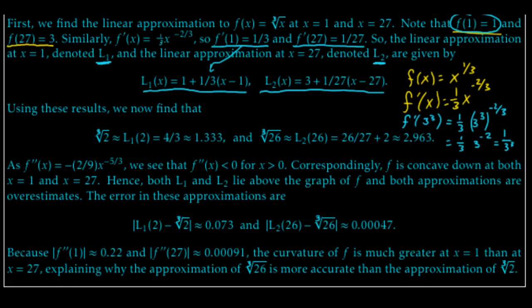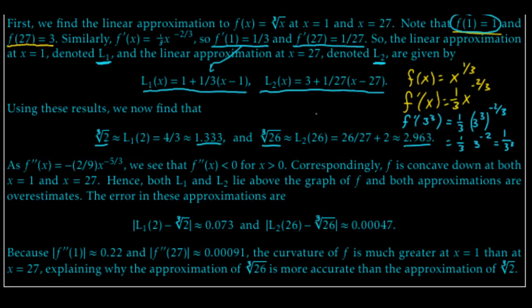So this is around 2.963. Doesn't matter so much how we got there. You can always just punch this in a calculator. Don't pretend the arithmetic's important. We've got machines for it. So now we've computed estimates of both these guys. We've said, hey, the cube root of 2 is around 1.333 and the cube root of 26 is around